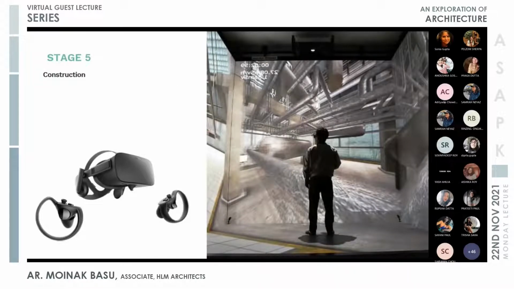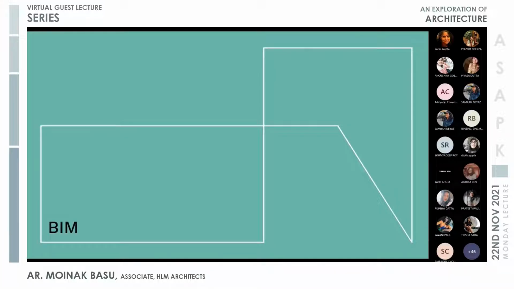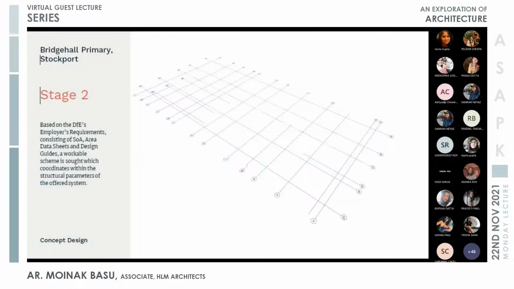Stage 5 construction, this is normally when the building's on site. Again, virtual reality is used quite a lot to prevent snagging issues on site, coordinating designs between the different disciplines as well. Put in a section on BIM just to show you how a project develops purely through the BIM